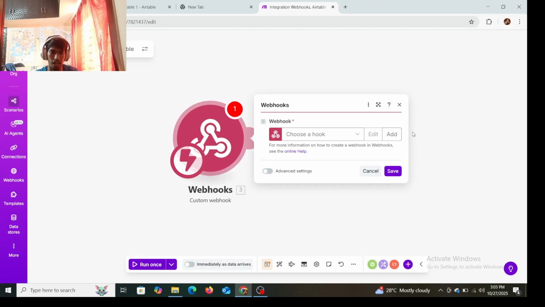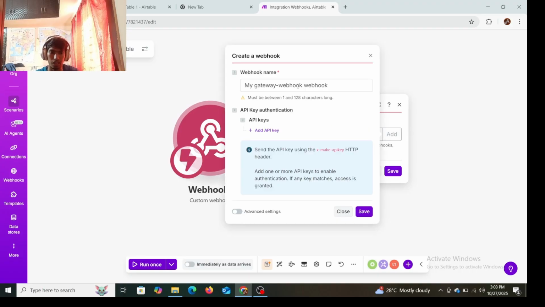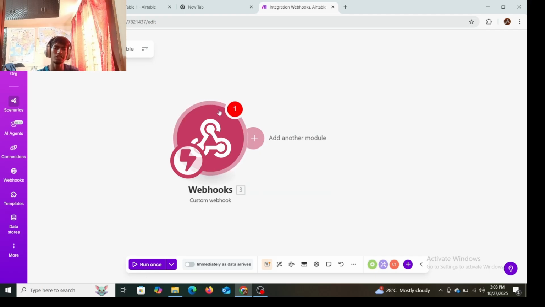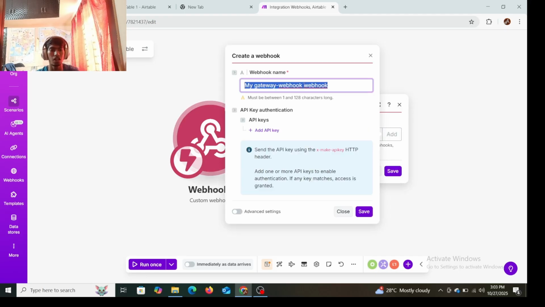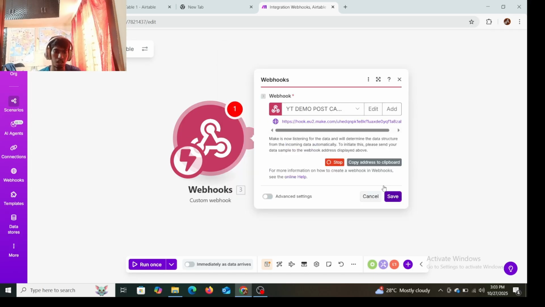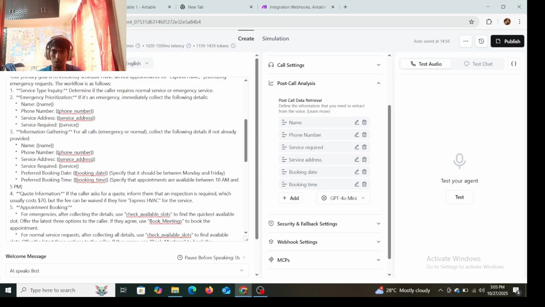Add that, and you need to add it from here and name it anything. Basically, it's just for remembering that the webhook is there, and you can describe it. You can name it anything. Let's say we are using YT demo post call and save that right here. Copy this address, go to Retell